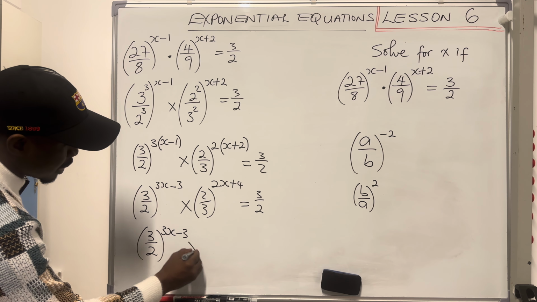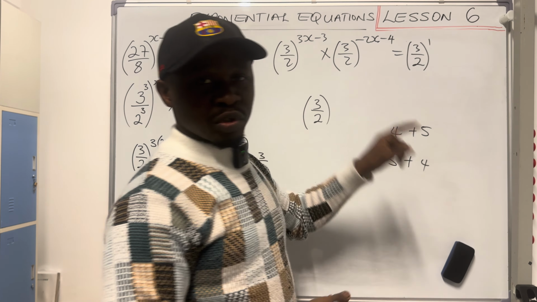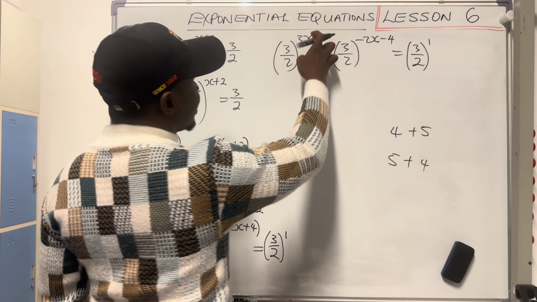Because of multiplication, we add the powers. But mind you, 4 plus 5 is also the same as 5 plus 4. I hope you know it. So if we write this first and say plus, there will be a minus here unless we create a bracket. To avoid that, since we accept that 4 plus 5 is the same as 5 plus 4, this plus this is the same as this plus this. So we say minus 2x minus 4 plus 3x minus 3, so we don't even need to use a bracket again, which is equal to 3 over 2